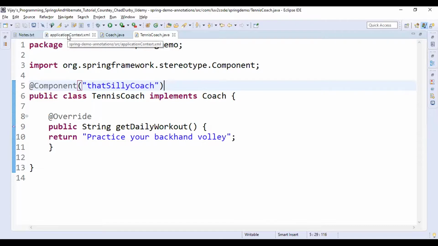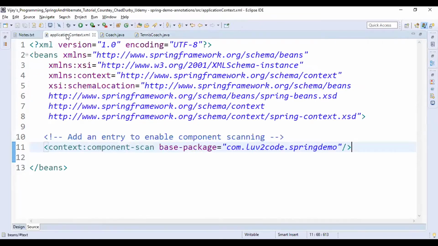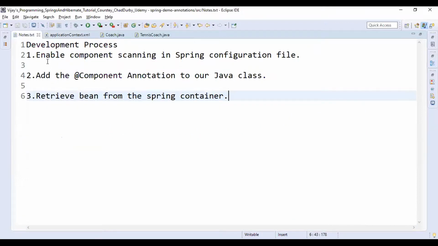Come to the applicationContext.xml. Here we have used context:component-scan, the element we have used to enable component scanning in the Spring configuration file.